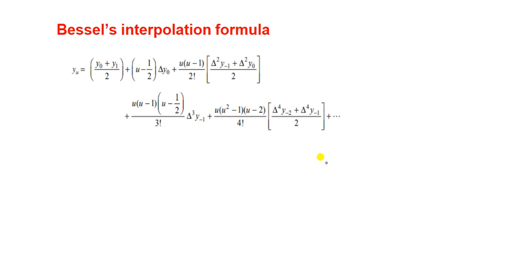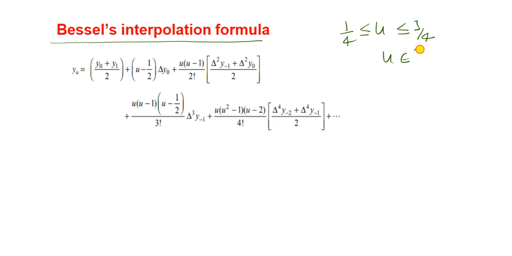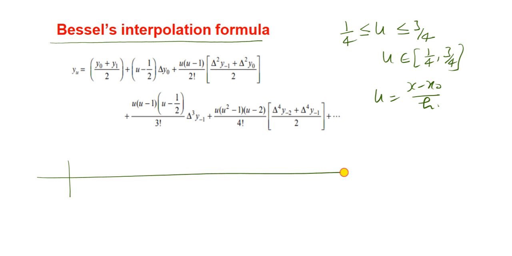Hello everyone. Today I am going to explain Bessel's interpolation formula. This formula is applicable when u lies in the closed interval 1 upon 4 to 3 upon 4, where u is equal to (x minus x naught) upon h, and we have a tabulated data